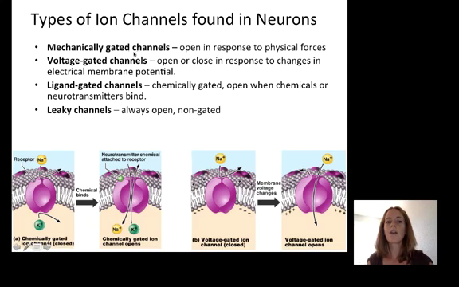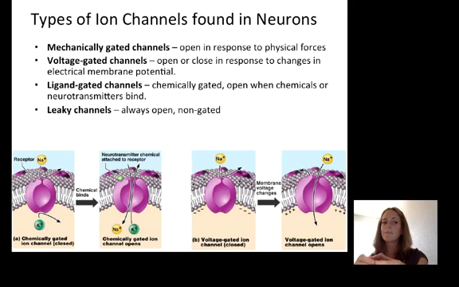But it turns out there are other ion channels that are found in neurons. There are some channels that don't need a ligand gate. They're kind of leaky. They're always open. Ions can move in and out of them, and they're specific to a particular ion. Mechanically gated channels will open and change electrical activity, let ions into the cell in response to physical changes. So a lot of these are touch receptors or pressure receptors. Actually, hearing does this. So when it moves, that movement changes the shape of the ion channel, and the movement